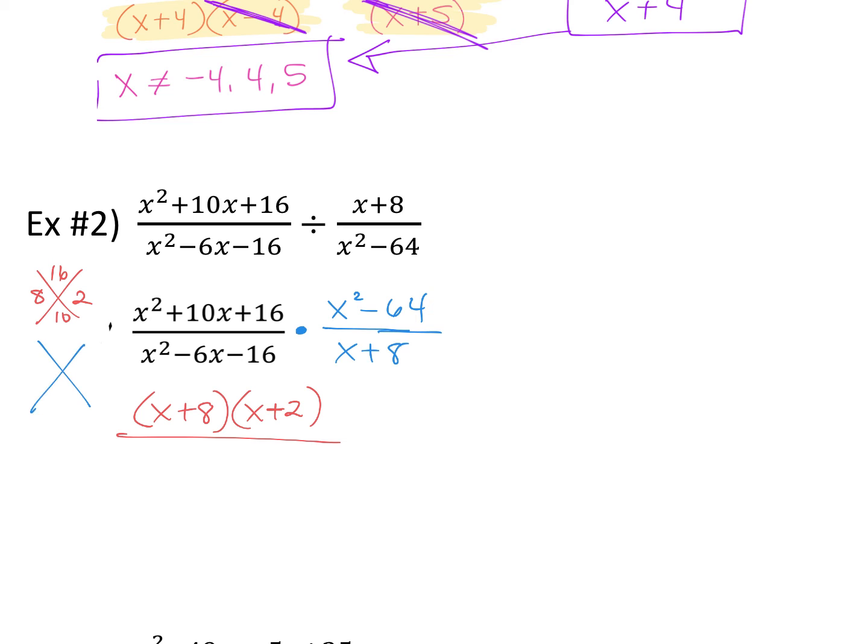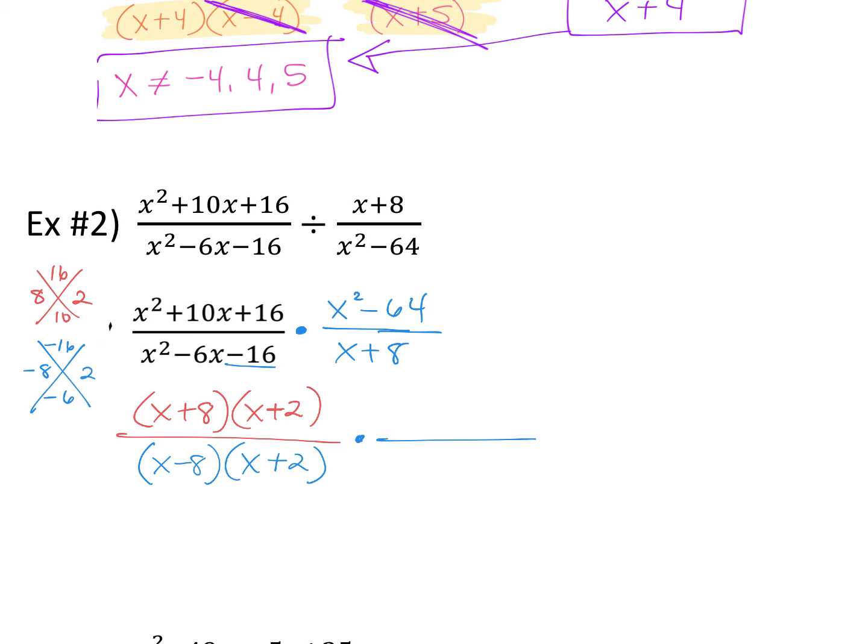Okay, then over here, what can I multiply to get negative 16 that I can add to get negative 6? Nope. Negative 8 and 2. Yep, negative 8 and positive 2. So that's x minus 8, x plus 2